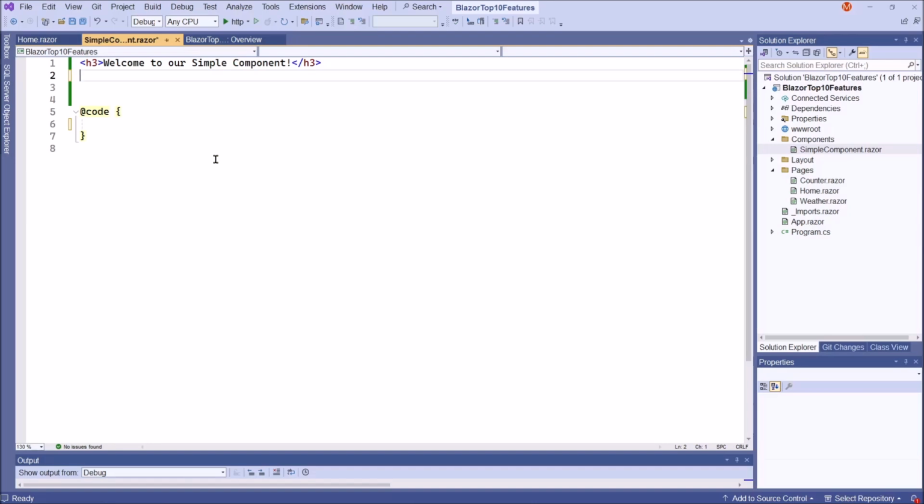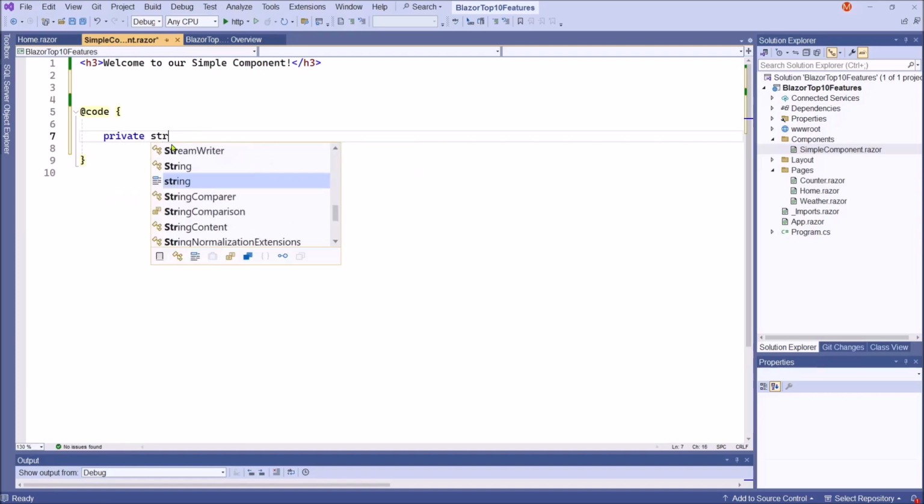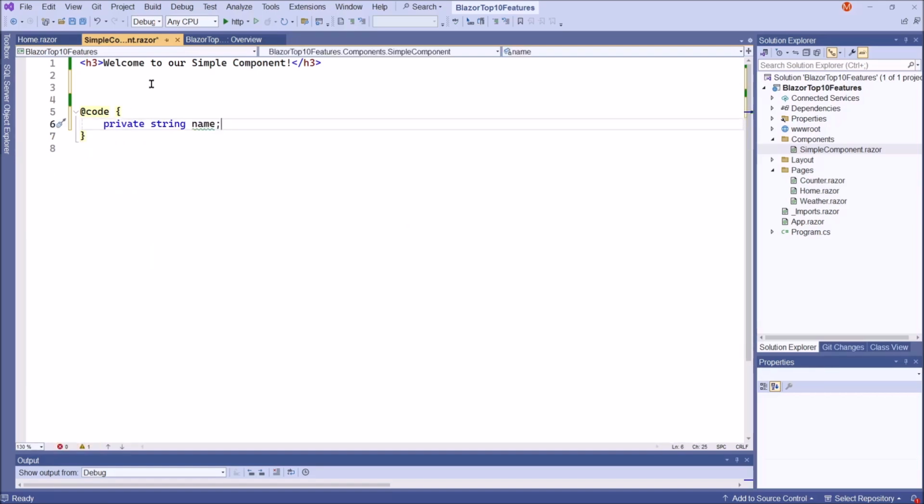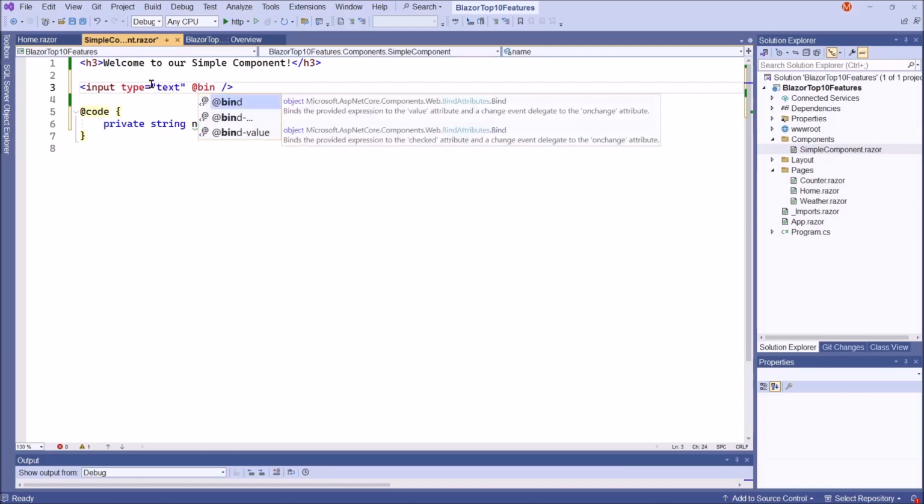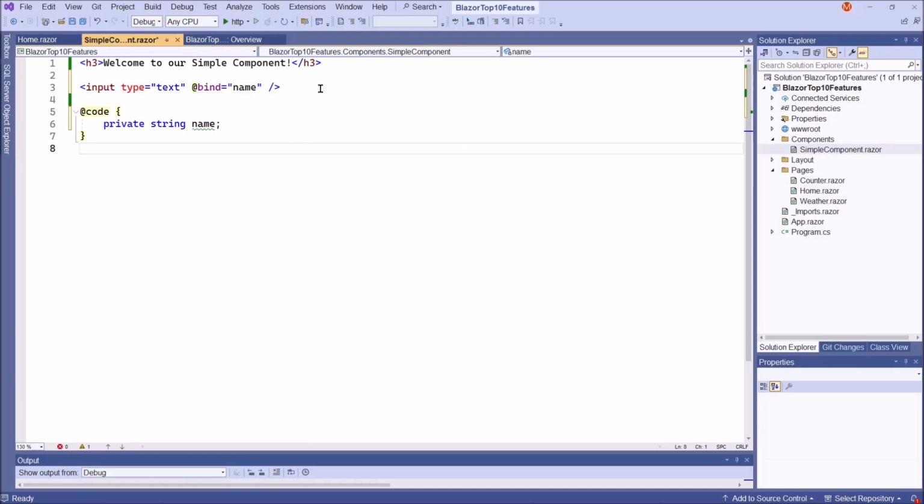Later, we will show two-way data binding and event callbacks. In case it's null, we have this variable inside the C# code portion, and in the HTML portion we have